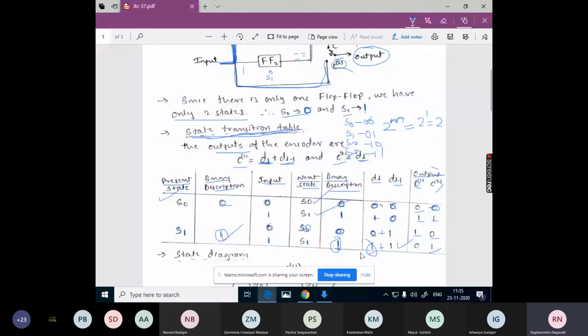So any doubts in this? Here in this transition table, we are writing all possible transitions, and for those possible transitions, what will be the output of the encoder? Is that understood? Any doubts here in this transition table?